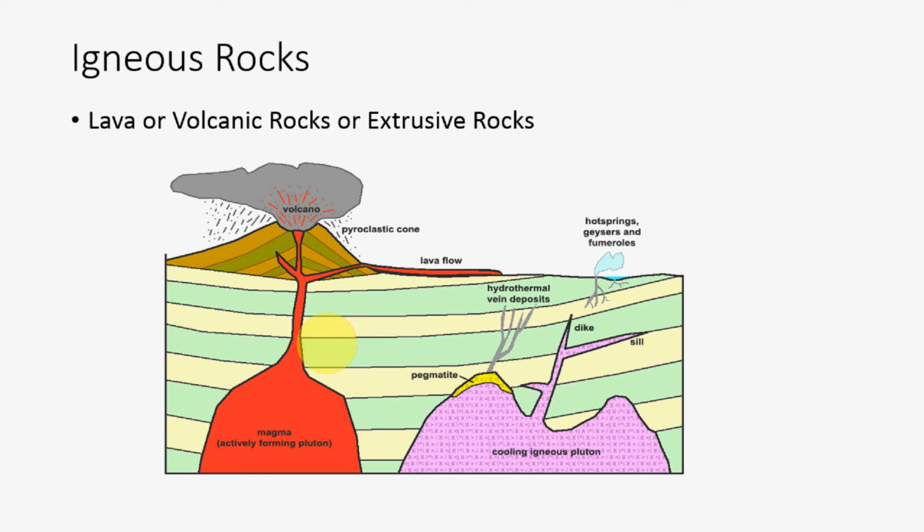So these are the different types of igneous rocks we had: one is intrusive, one is extrusive. We have also discussed the intrusive rocks, where various kinds of structures get created, like dikes, sill, pluton, pegmatite, and so on. And the extrusive rocks are basically those that get formed outside. They may also form layer by layer based on how often the magma comes out. Similarly, these are the intrusive layers.